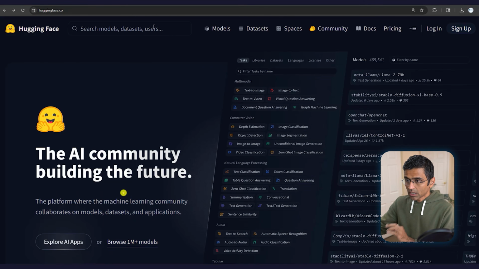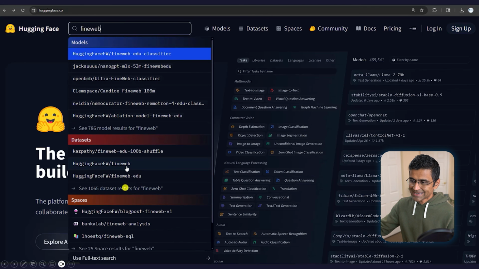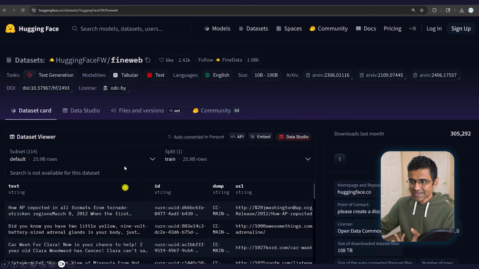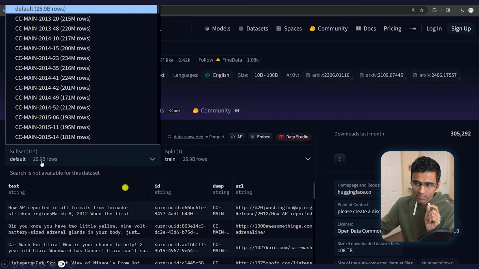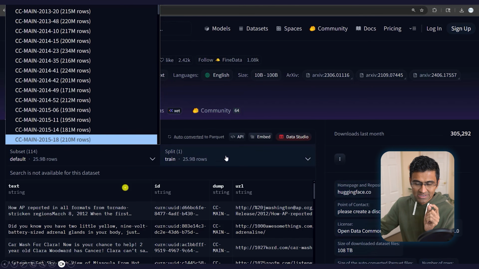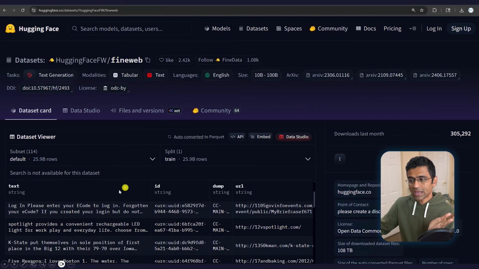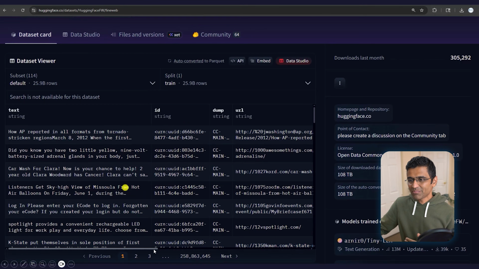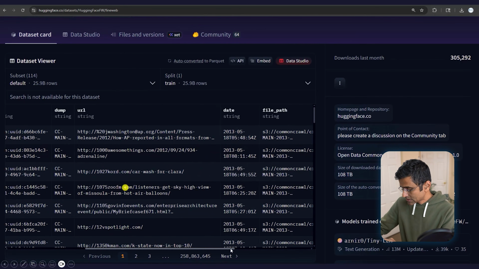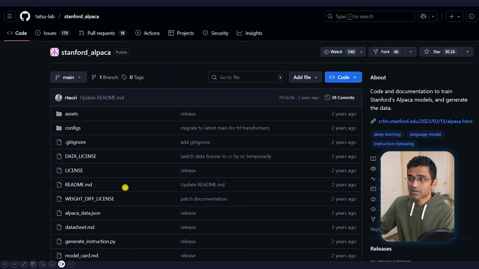And here on Hugging Face, you will find data sets such as FineWeb. So if you look at this data set, it has 25.9 billion rows. You see this size? So this type of data sets are used to train LLMs. So let's say if you want to train an LLM model, maybe you can go ahead and use this open source data set on Hugging Face. There are repositories such as Stanford Alpaca, which is a dataset of 52,000 instructions and demonstrations generated by OpenAI's text